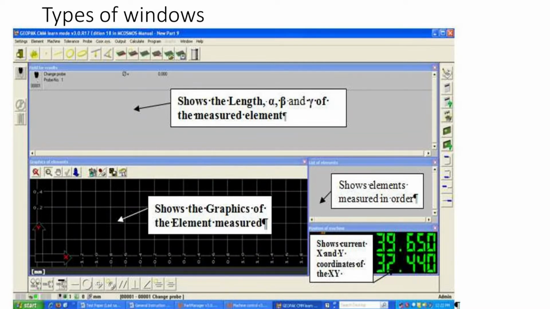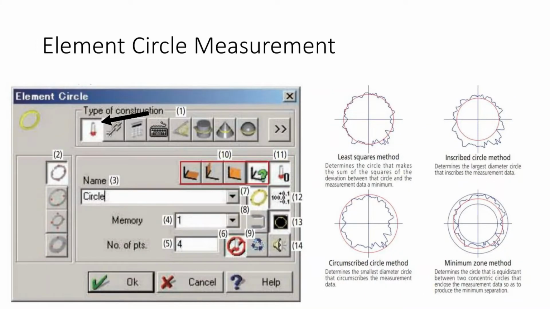Let me explain. If we click the circle element icon, small icons are displayed here. The first one is the probing icon, the second one is a link icon, and the third one is a theoretical circle. If you want to measure, you have to press that. And these last three icons are suitable for 3D CMM, not for 2D CMM.